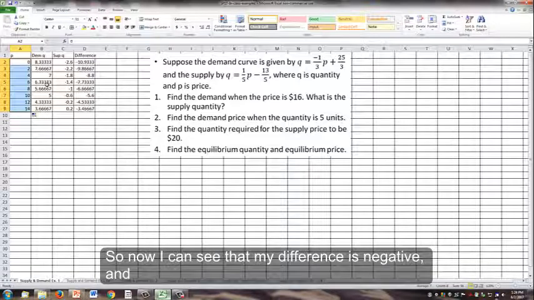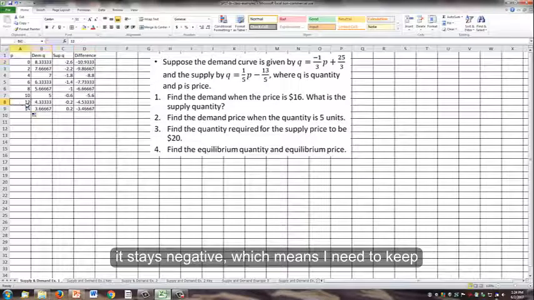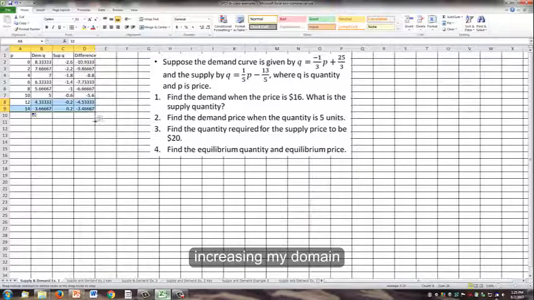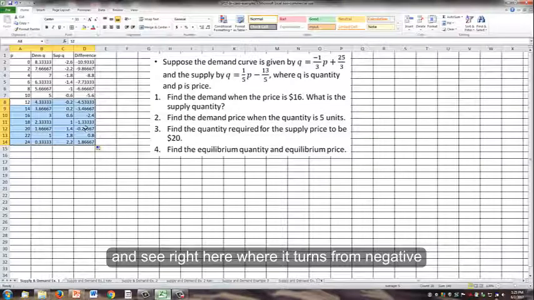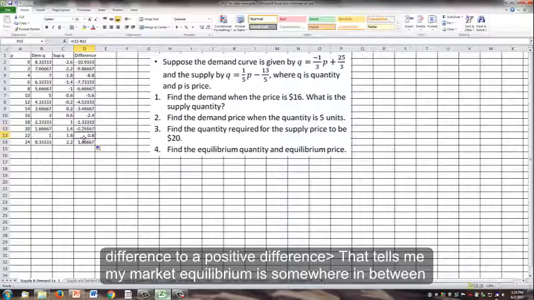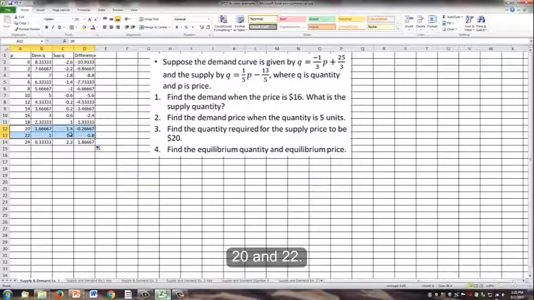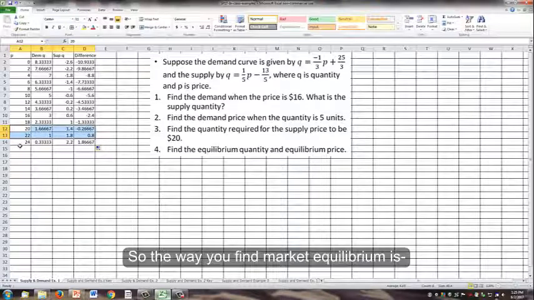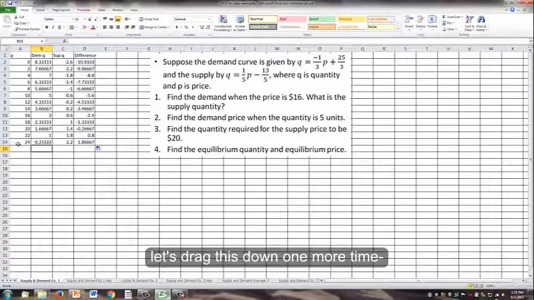Okay, so now I can see that my difference is negative, and it stays negative, which means I need to keep increasing my domain. And see right here where it turns from negative difference to a positive difference, that tells me my market equilibrium is somewhere in between 20 and 22. So the way you find market equilibrium is, let's drag this down one more time,